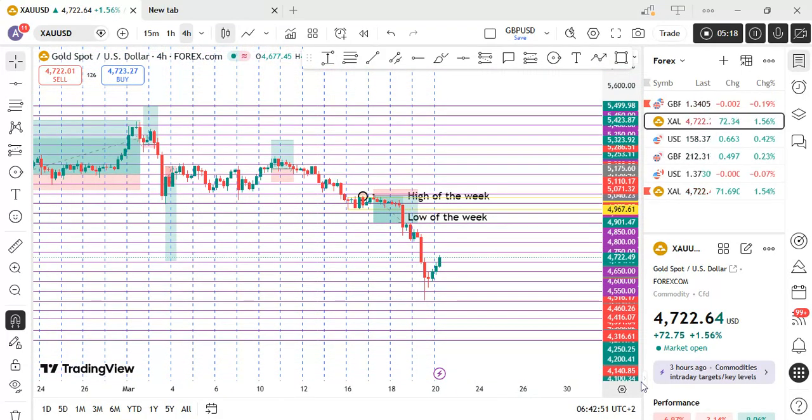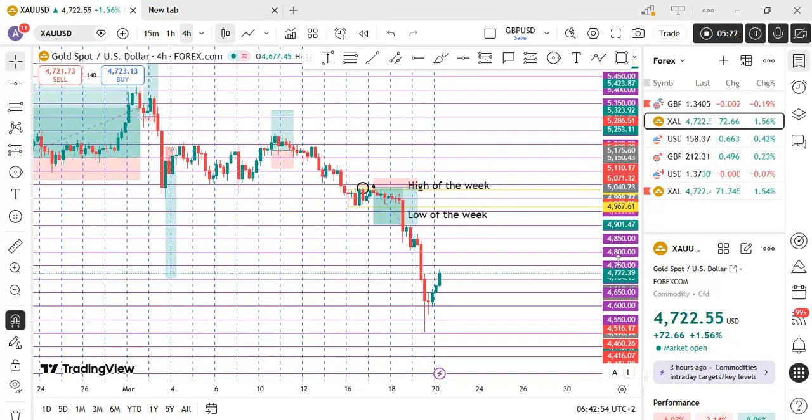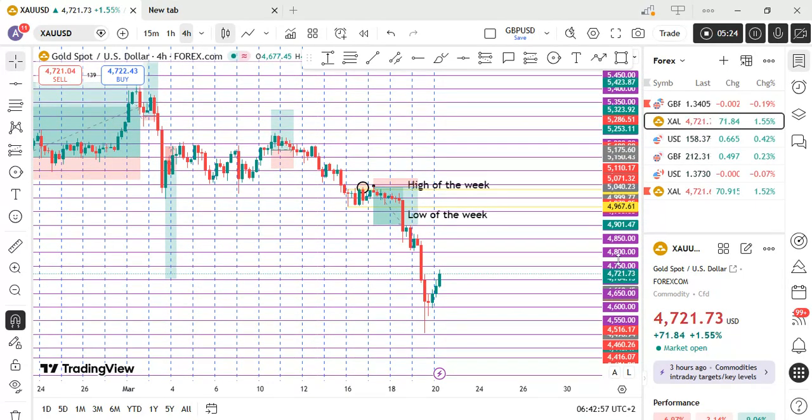So what I'm going to be waiting for, this is my 4 hour time frame. Remember, as a day trader, my analysis starts from my 4 hour time frame. That doesn't mean I'm not going to go to my higher time frame, including the dailies, but my analysis starts from 4 hour, and then I fall down to my intermediate, which is the 1 hour time frame, to see if what the 4 hour correlates with what the 1 hour is also saying. And then I fall down to my 15 minutes for my entry trades. So that's what I literally do.